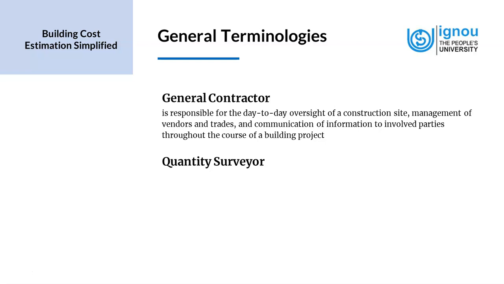The person would be available at the site, and if the general contractor is a civil contractor, the person would be managing the vendors, the subcontractors, other trades like plumbing, electrical, HVAC, etc. The coordination would happen at that level by the leadership of the general contractor. Then the general contractor also communicates and interacts with the architect, the project management team, and the client. The site meetings are held on the site, and this is arranged by the general contractor.